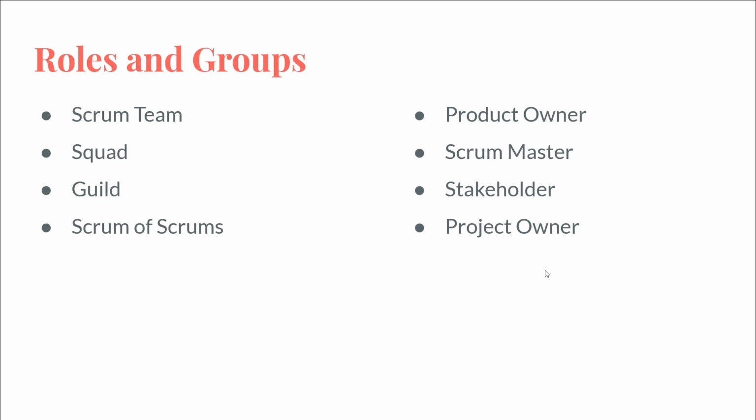They are typically not hired as a Scrum Master. They are typically hired as a lead developer or an architect or a team manager, right? And on top of that, they will fulfill the duty of a Scrum Master as well as part of their role as whatever their job title actually is. And then there's a project owner. That project owner is something who's usually more technical than the product owner.